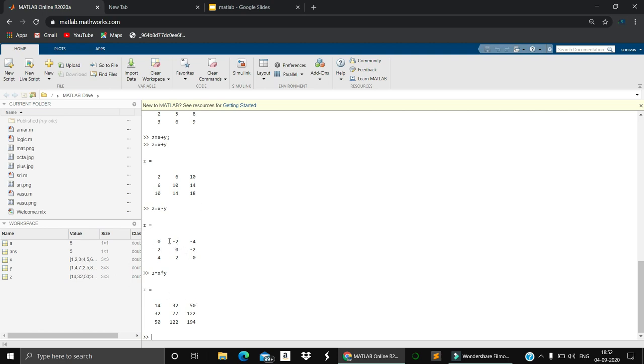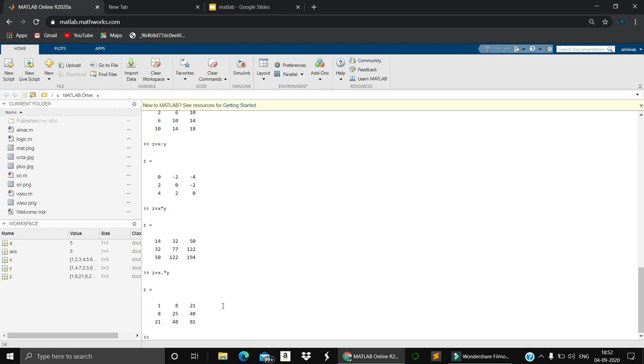In matrix multiplication, two kinds are there: element by element multiplication and matrix multiplication. Those two are different. If you want to multiply element by element, then you need to put dot star. Then it will multiply element by element: 1 into 1, 2 into 2, 3 into 3. In this way it is going to perform. Let me check this result also.